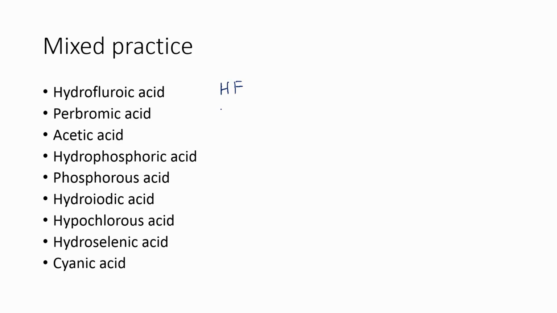HF for hydrofluoric, HBrO4 for perbromic, acetic is HC2H3O2, hydrophosphoric, hydro meaning not polyatomic, minus 3 for phosphorus means 3 hydrogens, phosphorus, okay, so it is polyatomic, it's the PO3 minus 3, that's phosphite, so 3 because that's minus 3,